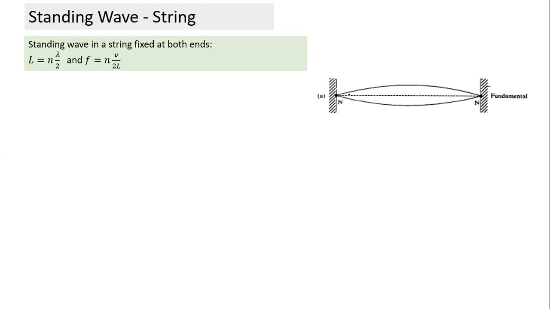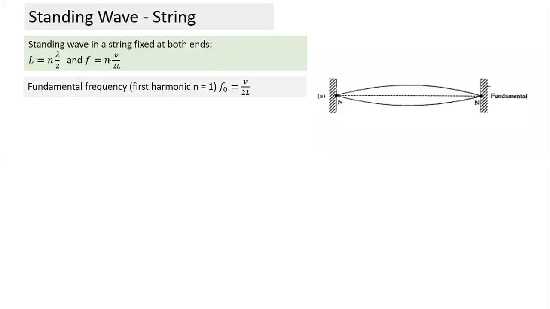When there's only one half wavelength here, the wavelength is longest and the frequency is lowest. This minimum frequency at which a standing wave can form on a string fixed at two ends is called the fundamental frequency. Frequency is lowest, wavelength is longest, and n is equal to 1. So how many half wavelengths? One. And correspondingly, we write the frequency.